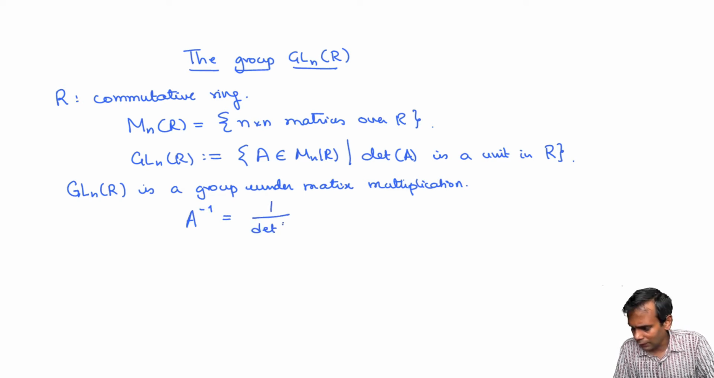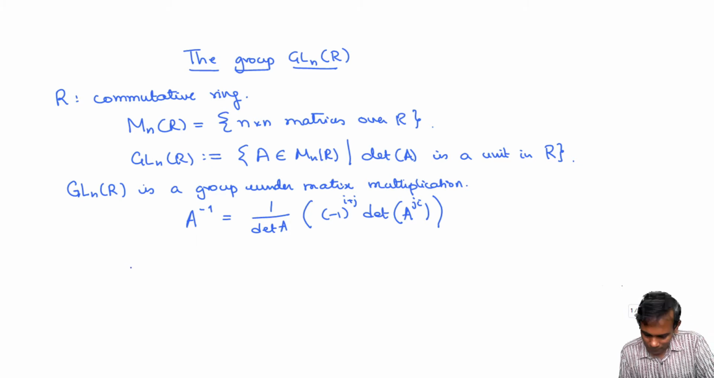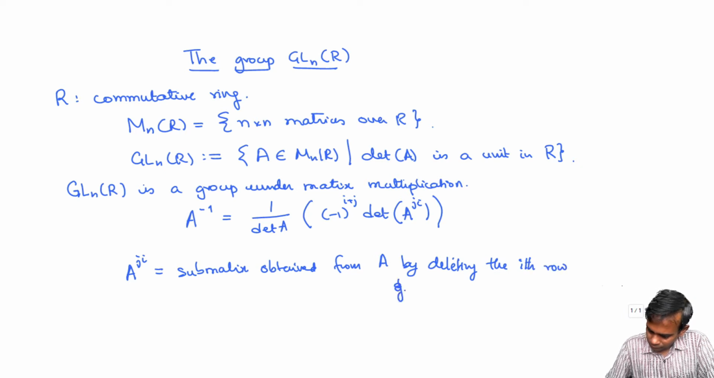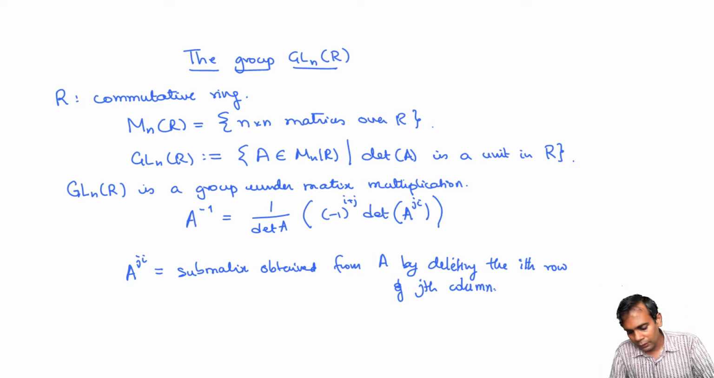It's 1 over determinant A times the matrix whose ijth entry is (-1)^(i+j) times the determinant of A^(ji). So let me just explain what this means. A^(ji) is the submatrix obtained from A by deleting the ith row and jth column. And I'm sure most of you have seen this in your linear algebra course as a formula for the inverse